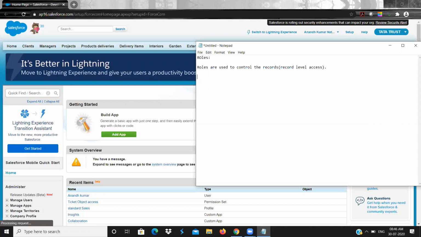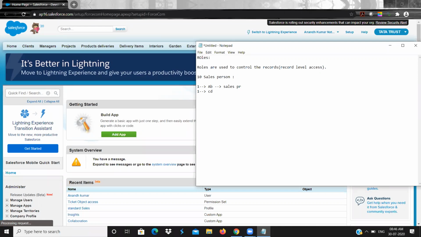For example, if you have 10 salespeople working in your organization, one person is working for some company, let us say company AB, and another person working for another company, like that 10 people are working for different companies. As a security policy, you will give the same level of access, so all will be assigned the same sales profile.